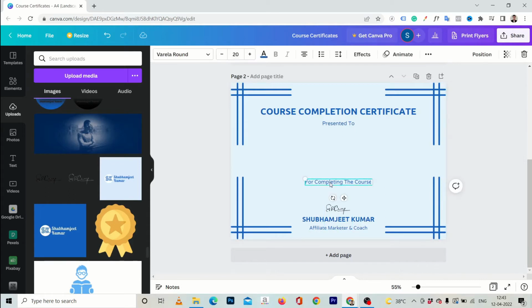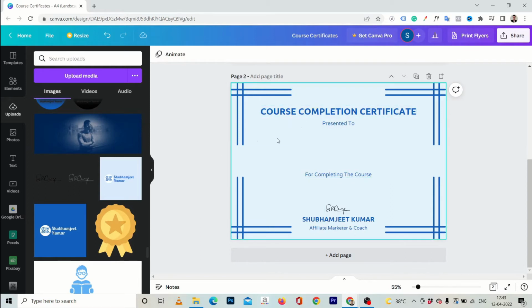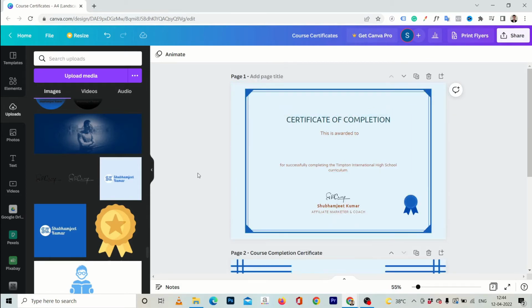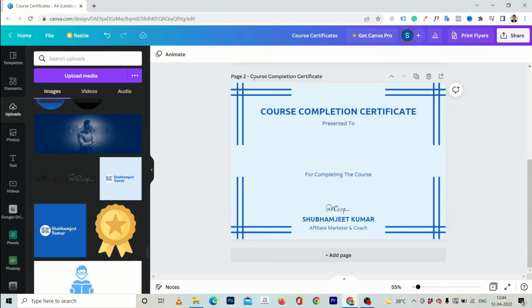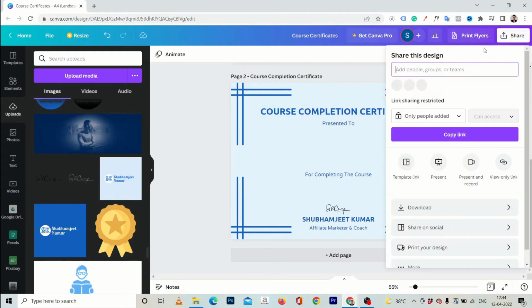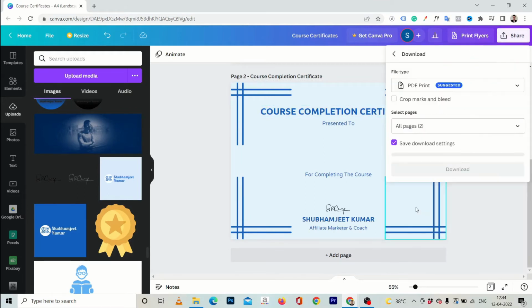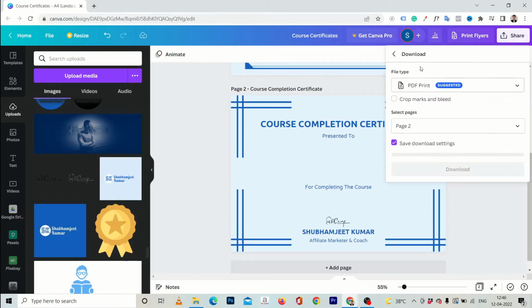Shift for completing the course 10 pixels upwards. Okay, now whenever a student completes the course, they will be presented this certificate with their name and the course name. So I'll rename it to course completion certificate, and now I'll download either this or this. The second one looks good since we have created it manually, so I'll click download, and I'll download it as